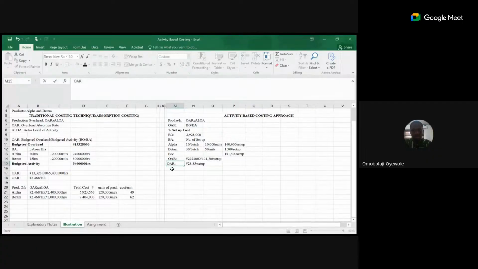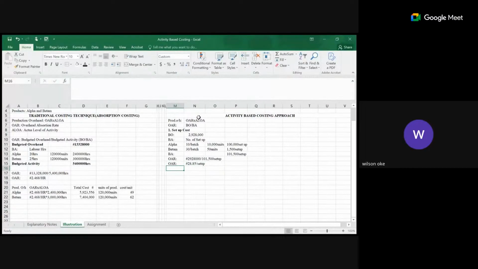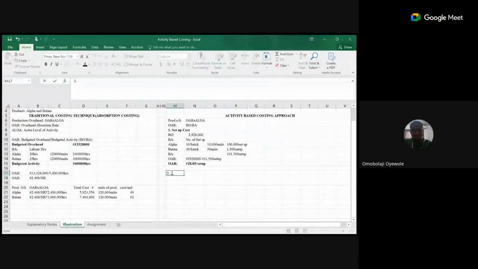So if you look at it, they said determine the cost driver rate using the ABC approach. So the cost driver rate for setup is what? 28.85 per setup. That's the one for setup. Now we move to number 2. Remember I said we are taking it one after the other, right? Yes. So for number 2,